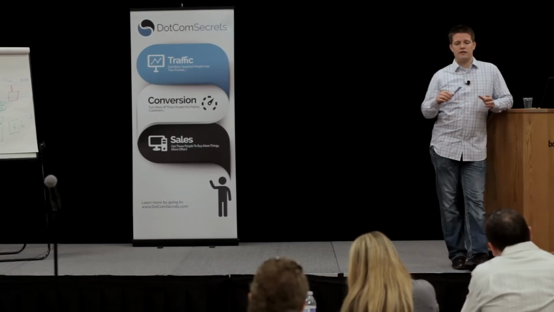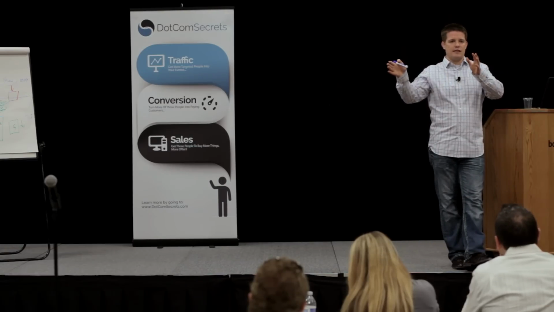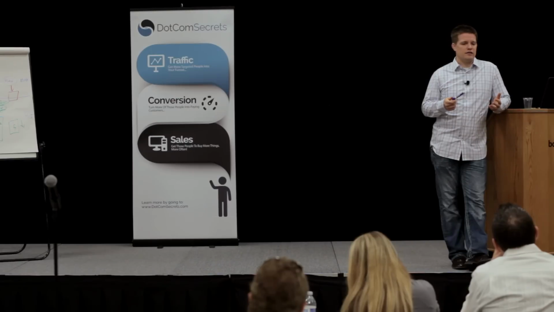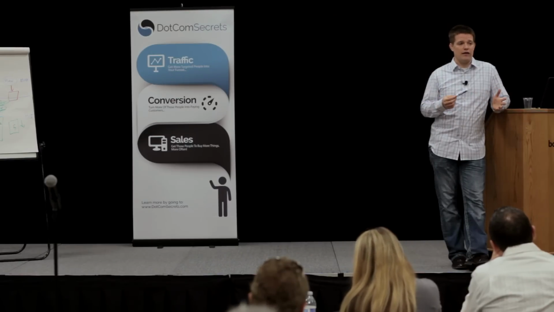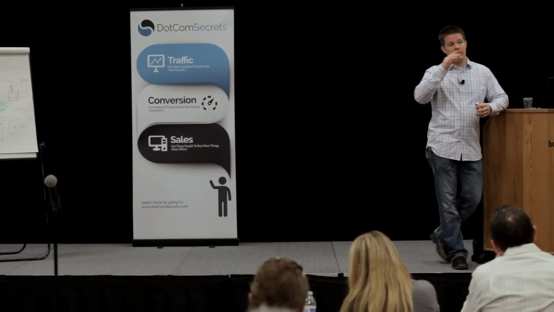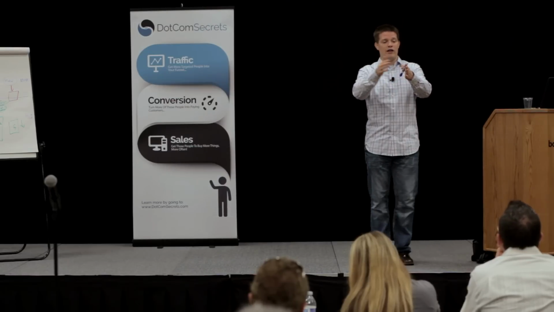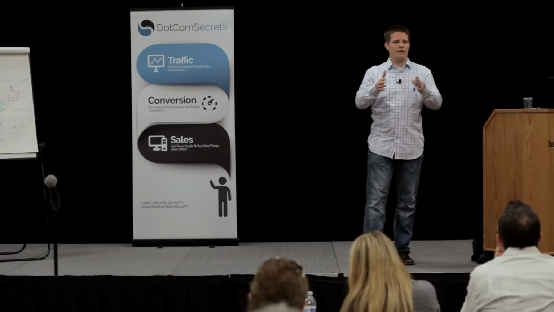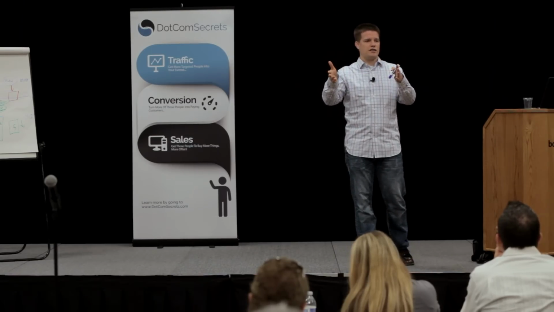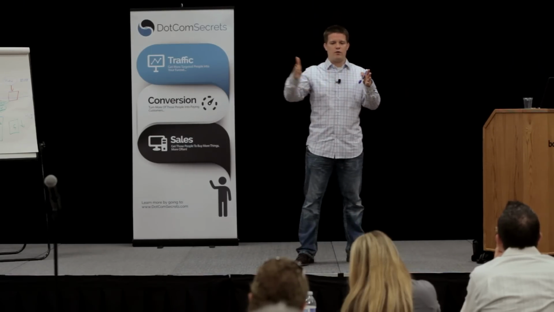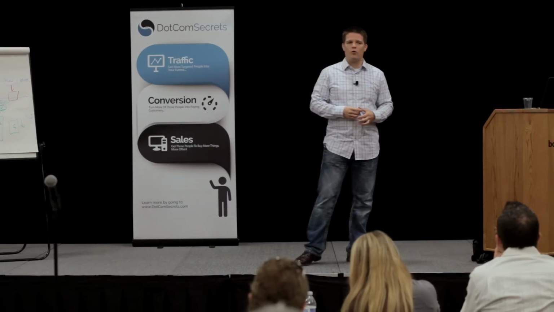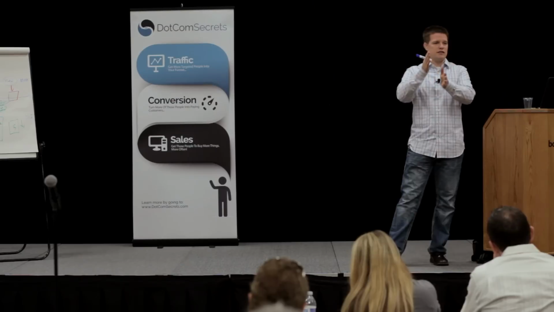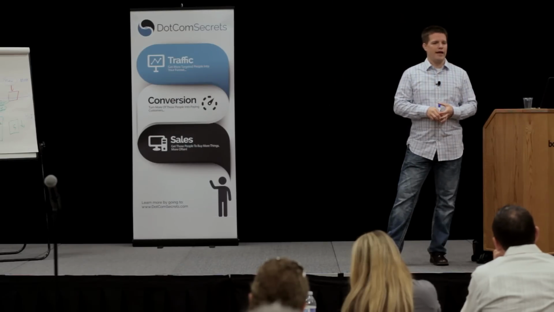Okay, so this question was, how do we segment people and how do we move them from list to list? It all depends on the service you use. Different autoresponders can do that. Some can't do that. But yeah, that is what happens. Somebody comes in and they subscribe. When they buy, you can move them from one list to another. Aweber lets you move people to the list. I think most of the good autoresponders nowadays allow you to move somebody from list to list based on actions. Somebody buys something, they click on something, you can move them around. And we'll talk more about that tomorrow when I actually go through the sequences we take people through, like the actual email sequences and how we do ours. But yeah, that's pretty much what we do.